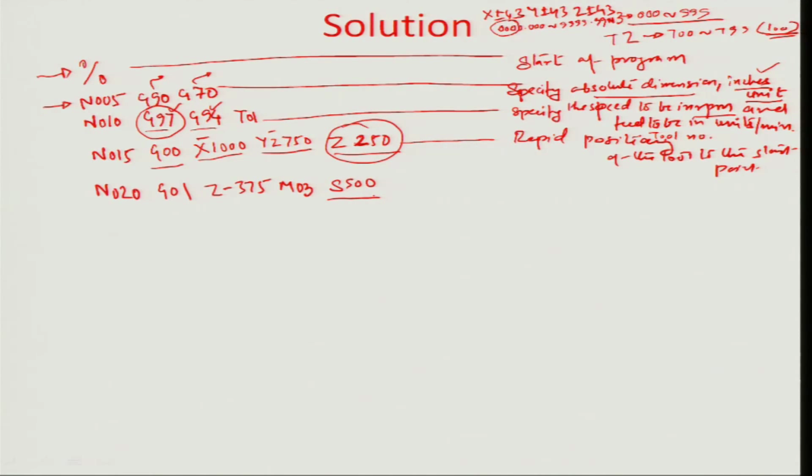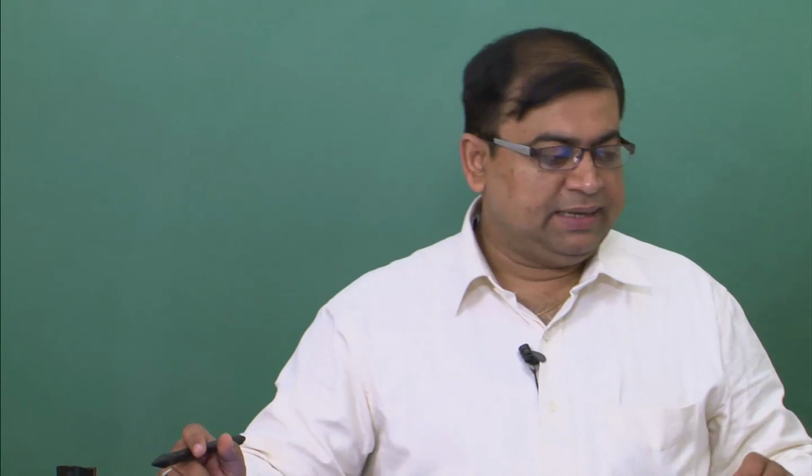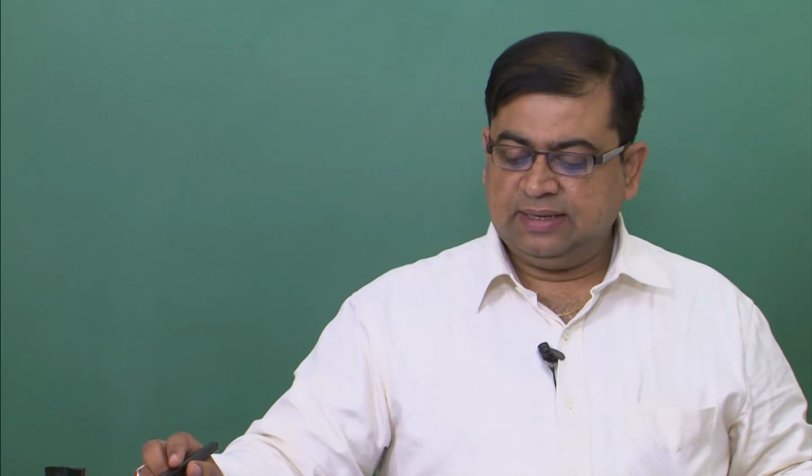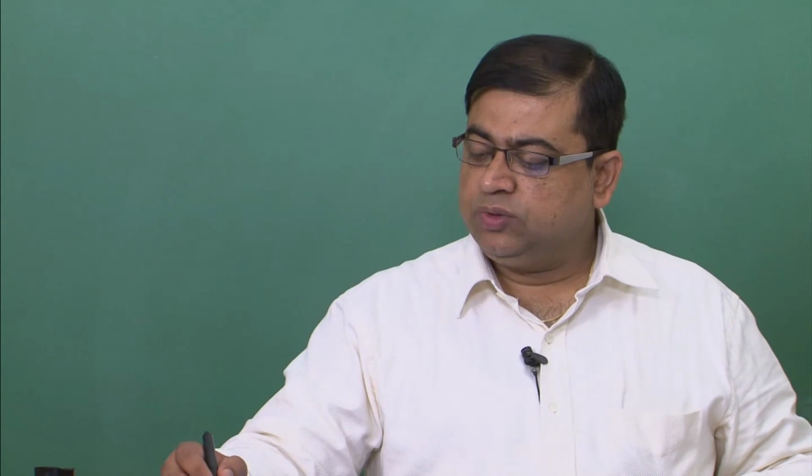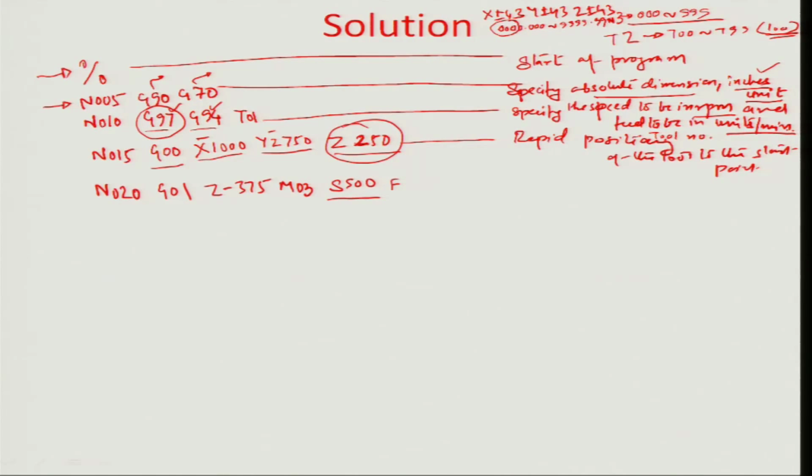And now you can also give a feed rate. Obviously there was no feed rate when we were talking about rapid positioning, because that would be defined by the shortest possible time path that the tool would take, as I described in great detail earlier. So here the feed rate is given again in units per minute, about 10 inches per minute. So I just write F10 here as part of